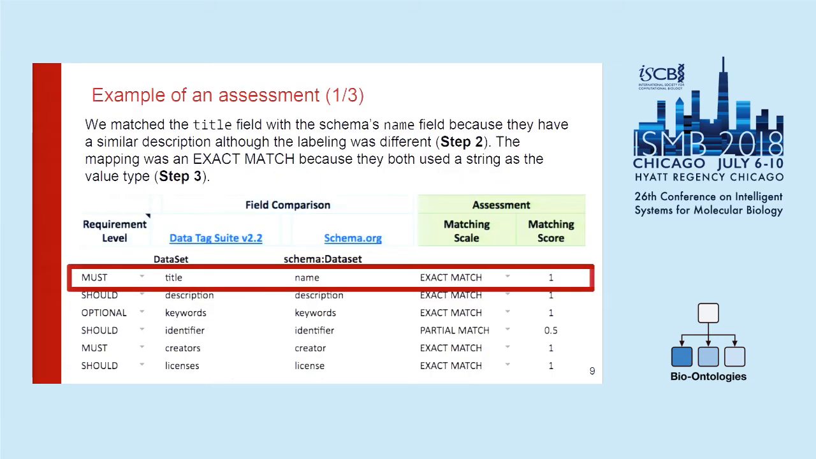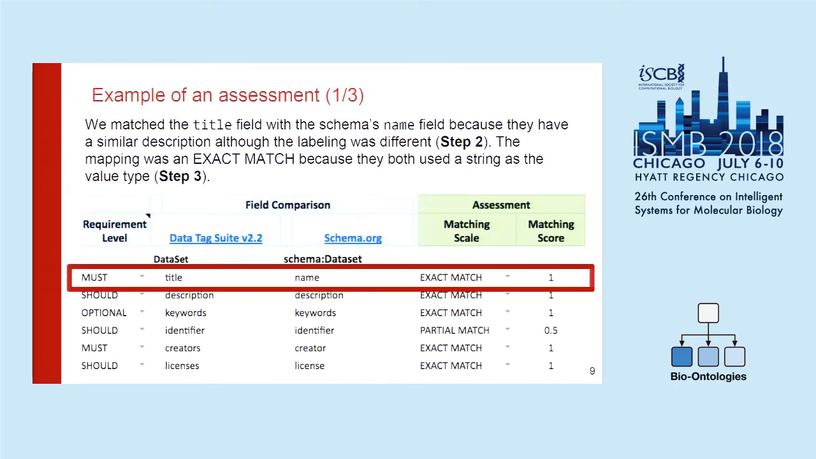In these next three slides, I'm going to give you an example of how we do the assessment. First, we match the title from the DATS model on the left-hand side with a name from schema.org. We could make this match because the descriptions are similar, although the labelings are different. And then we categorize the quality of the mapping as an exact match because we see that both are using string as the